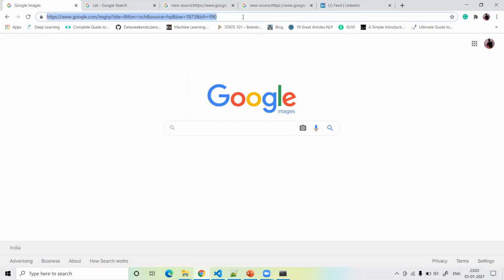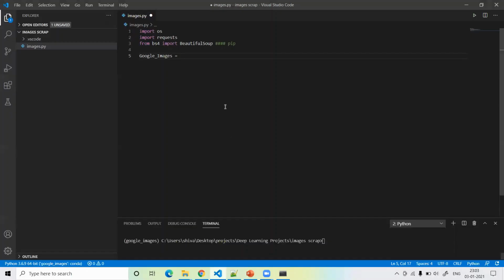I just copy this link and paste it here. This is the Google images link where we have to scrape the dataset. So the first step is importing all the necessary libraries. After that we have to load our Google image, so I define Google image and then define the Google image link.